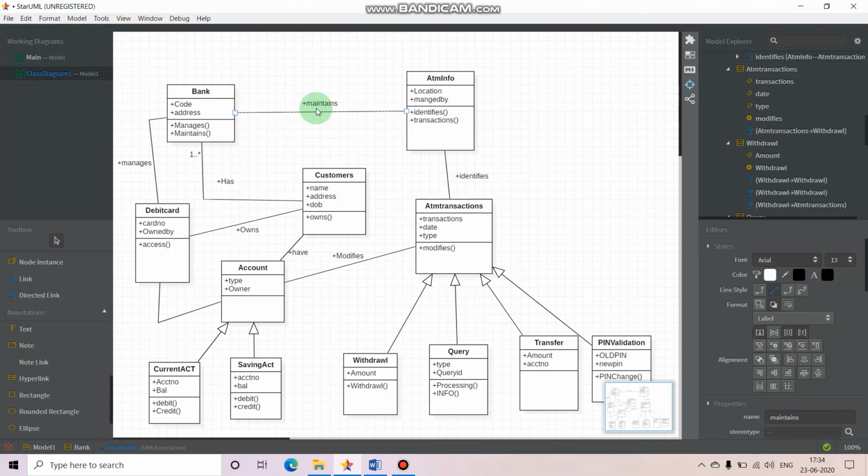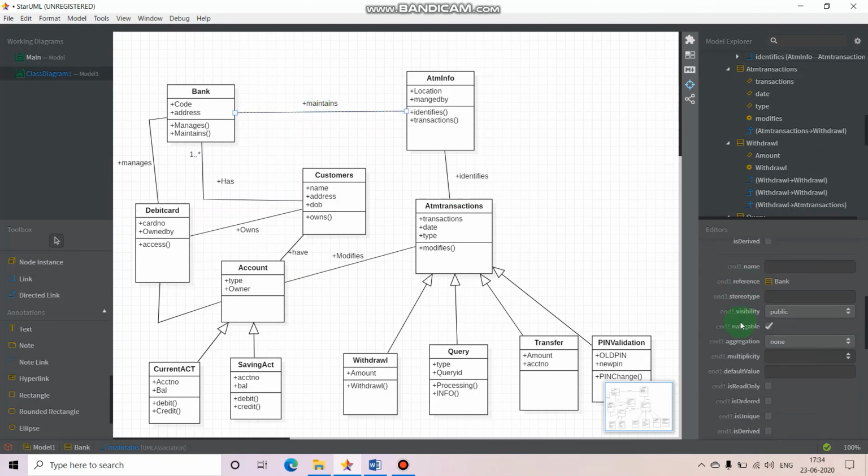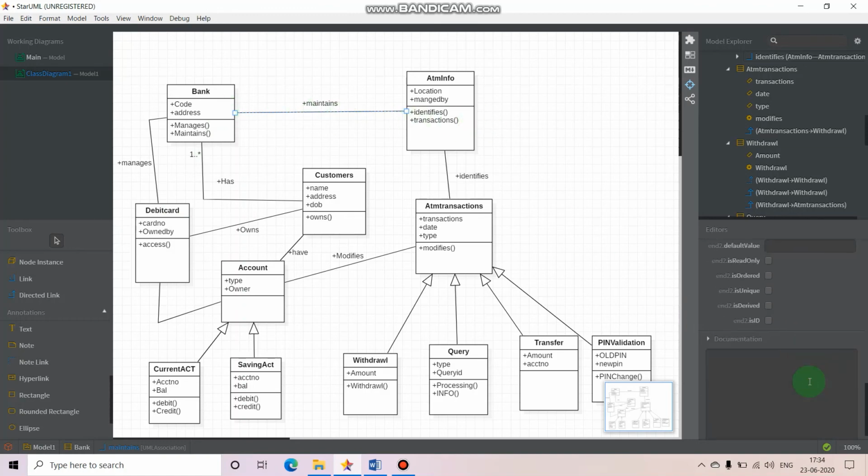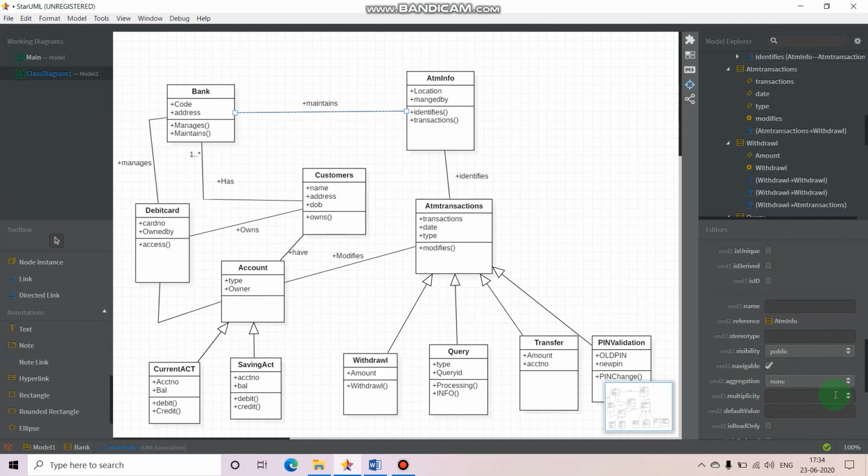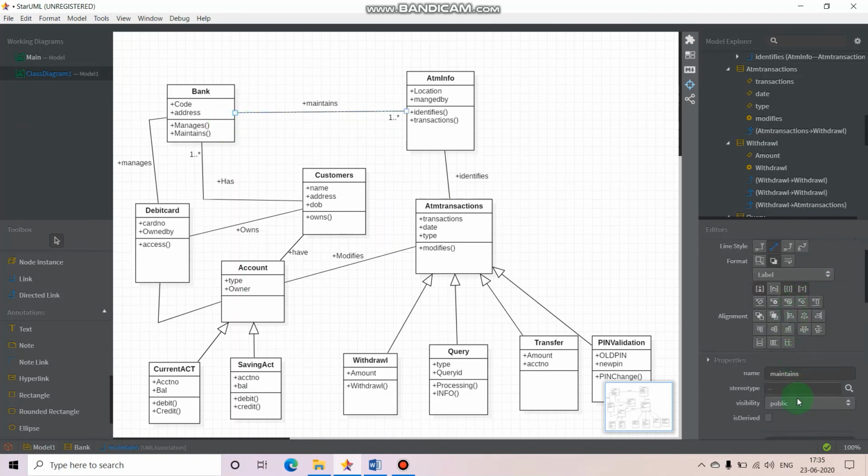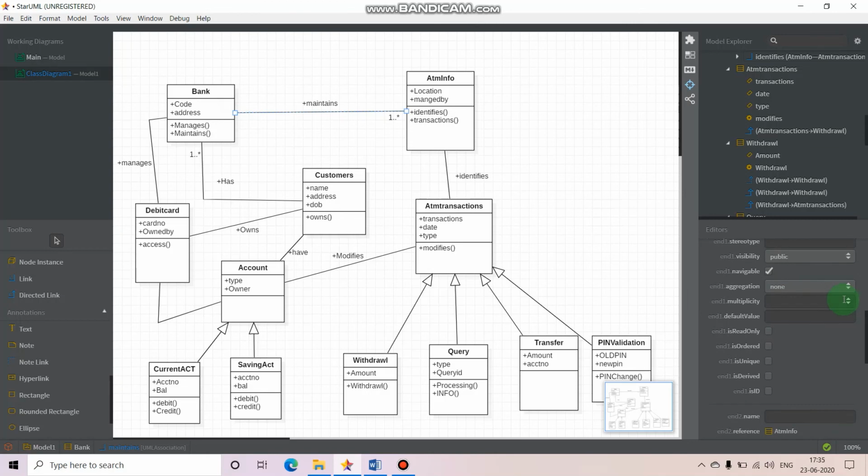Okay, then again here you can create the cardinality relationship, like one bank has many ATMs at different places, like this. Okay, so hope you guys are getting it.